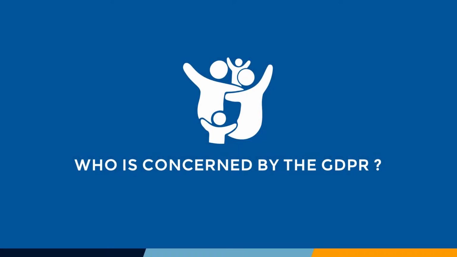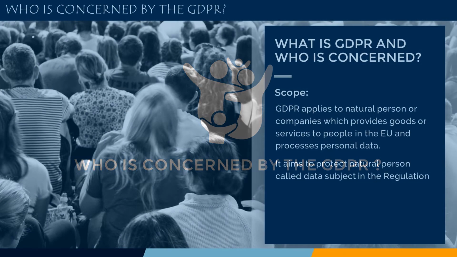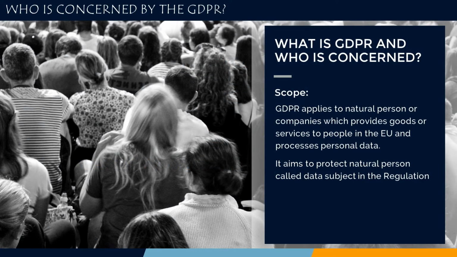Who is affected by the GDPR? The General Data Protection Regulation applies to any natural or legal person established on the territory of the European Union who processes personal data in conjunction with the supply of goods or services. This scenario applies, for instance, to a national phone provider providing services on a territory or to a local pharmacy